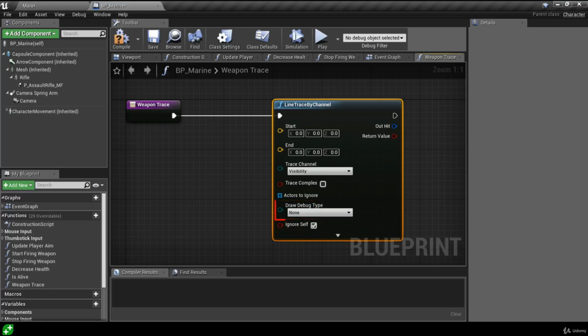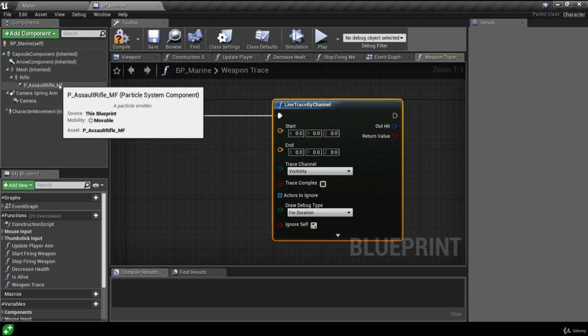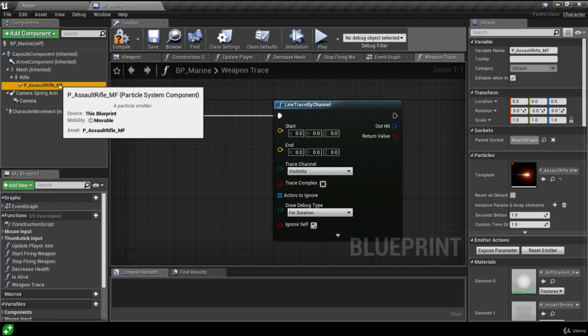We can debug the trace so we can see it visually in the world. Let's turn this on. We're going to change the draw debug type to for duration. This will make the trace visually appear for a few seconds in the level. Okay, so let's figure out where we're going to start our line trace from. We want our line trace to spawn at the end of the weapon, at the same place where we spawn our muzzle flash particle. We can select our muzzle flash particle component in the components list, and we can see